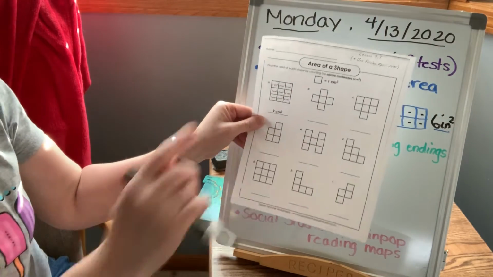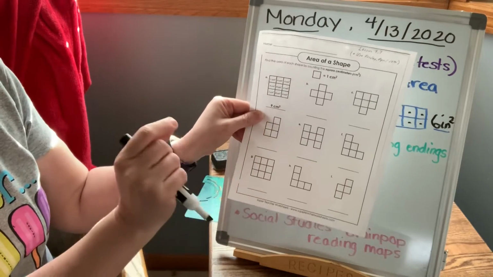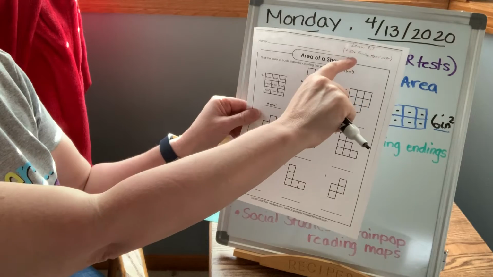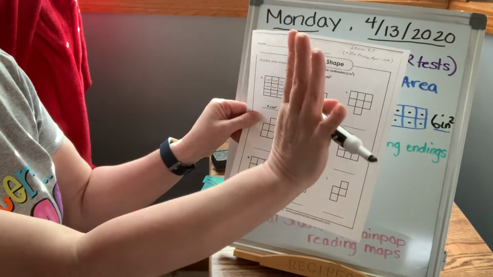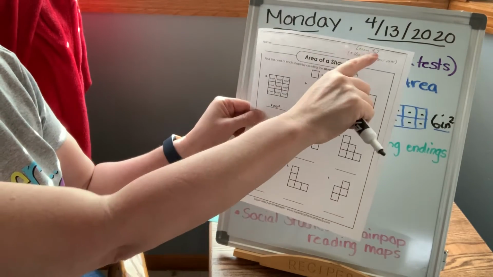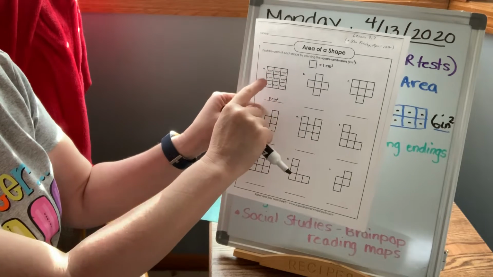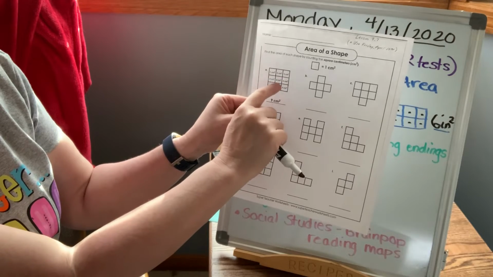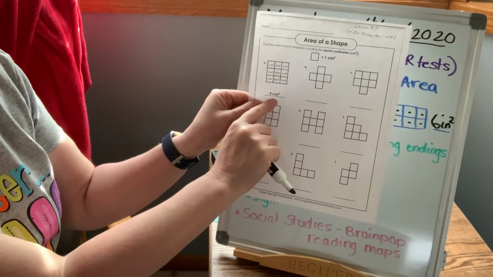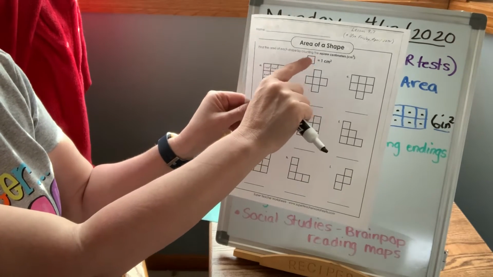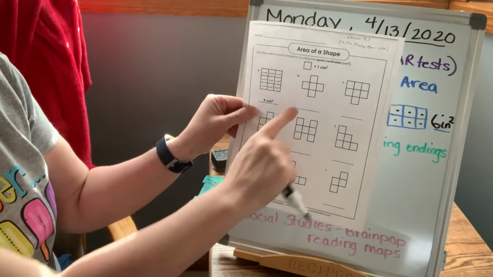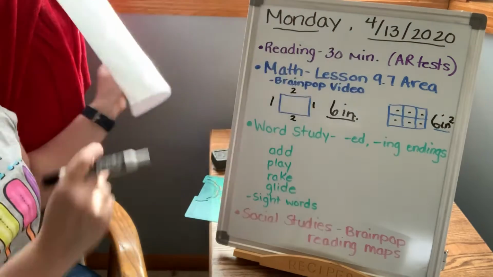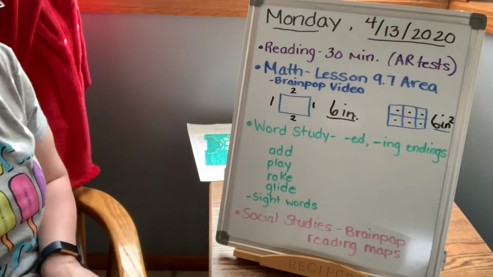It looks like this, okay? This is in your math plastic Ziploc bag. And it says lesson 9.7. It says use Friday, but we didn't have school Friday, so we moved it to Monday. So lesson 9.7. So all you do, here's the first one. They did an example for you. 1, 2, 3, 4, 5, 6, 7, 8, 9. And they're doing this one in centimeters. So they're showing 1 box is equal to 1 centimeter squared. So then you're just going to count your boxes, and that's how you find your area, okay? All right, then,